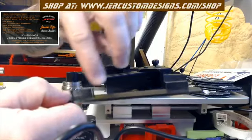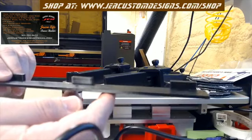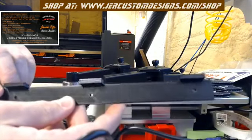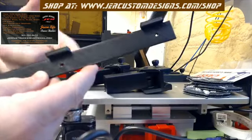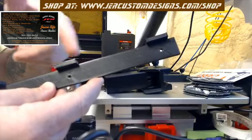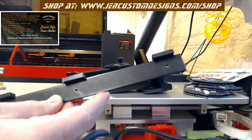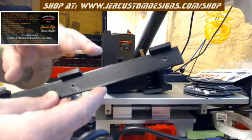These stops, there's 3 of them. Those stops go against the back of your gantry. So this flat piece should mount flush to your gantry, and these lugs are pressed against the back, and then you drill the 3 holes. You can get away with 2 if you want, but 3 gives it more stability and doesn't allow it to flex, whereas 2 could possibly lead to a little bit of flex in the middle under pressure. Once your holes are drilled with this,